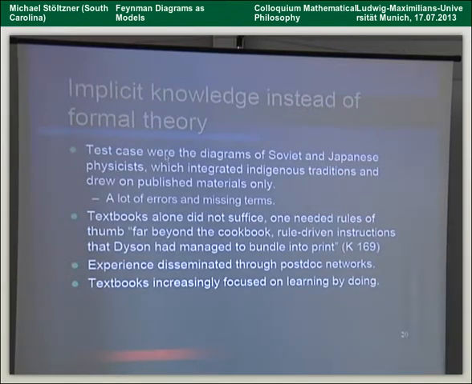Kaiser's point is, well, this is important that you have your postdoc from Feynman because there's a lot of implicit knowledge here. You can't just learn it from the textbooks. And you see these Feynman diagrams hit some indigenous traditions, because a lot of that had been in the air. People had done pictorial representation because pictorial representation is quite a natural thing in mathematics. And you will see that there are sources for that also in the European tradition, terms, schemata, etc. And there were a lot of errors and missing terms.